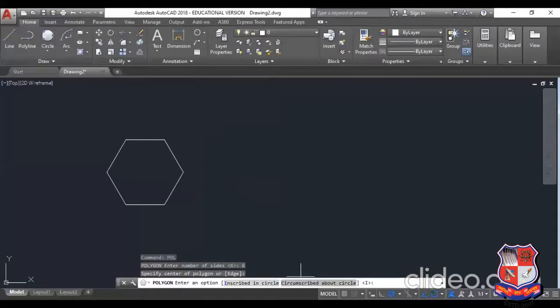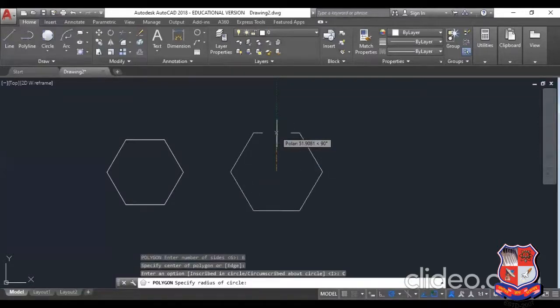Select, then here you can see the movement of the cursor: the distance between the center point and this point, which is passing through the midpoint of the polygon edge. It means if I give 50 radius again, it is the distance between the center point and the midpoint of the edge, that is 50, enter.